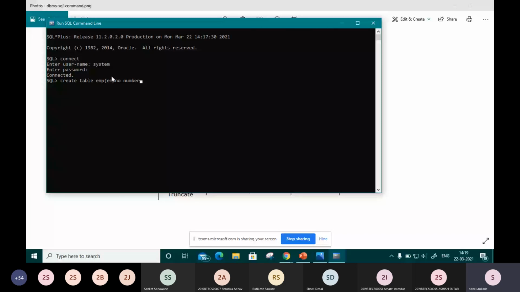It must occupy a size of 5, and I want this attribute as a primary key, so I will pass this constraint here only. Then a comma, and after that you add another attribute. The next attribute, suppose name, has data type varchar2, and the size will be 20.